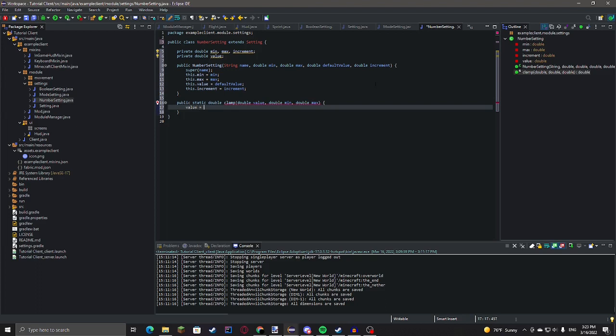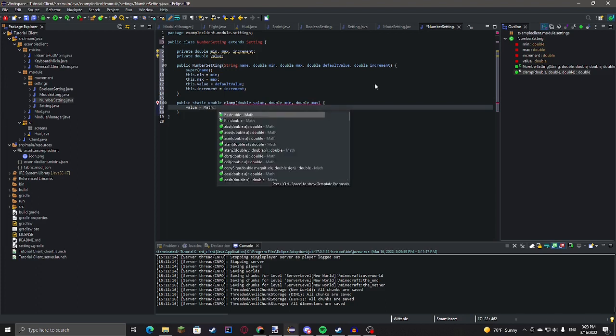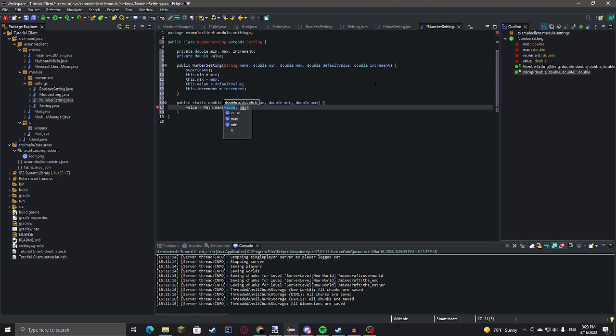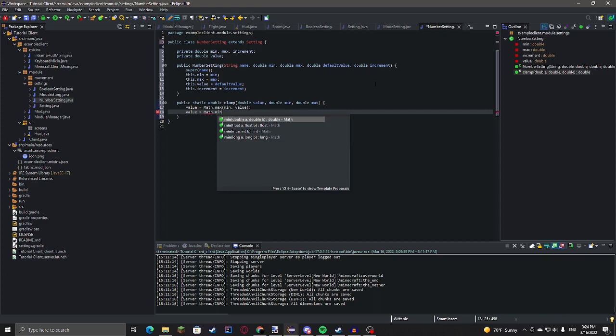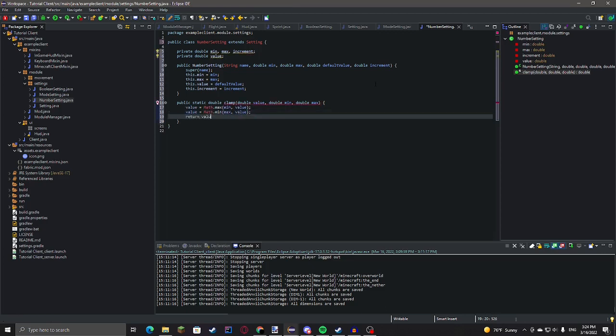Value equals math dot max, min, and then value equals math dot min, max, value. Return value.